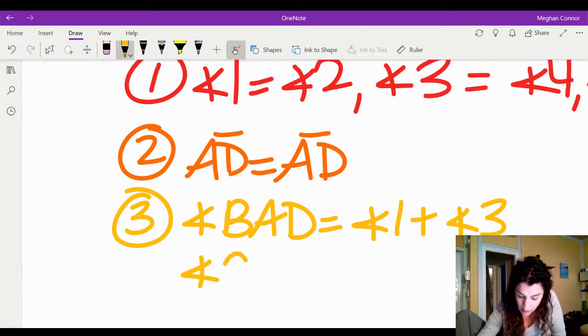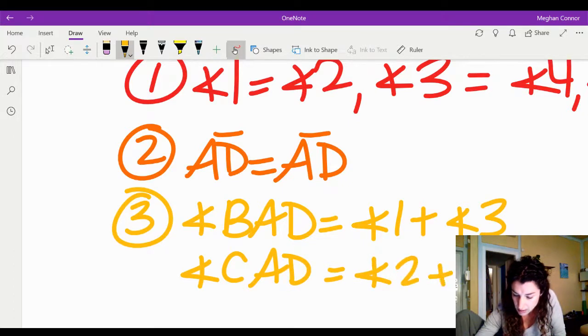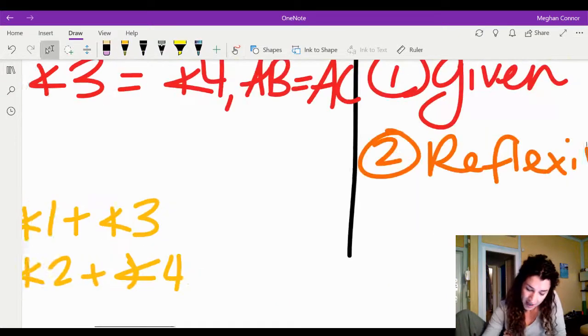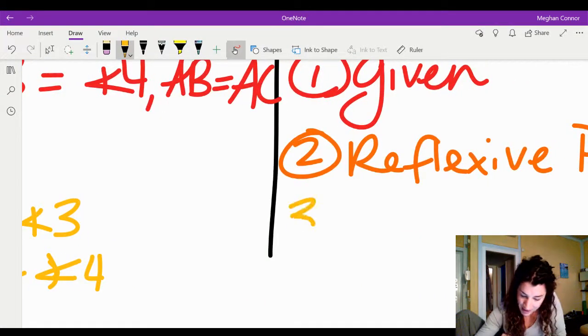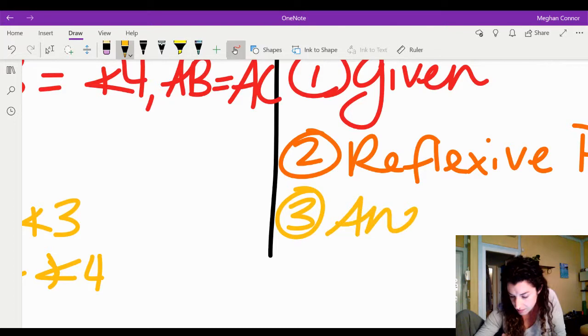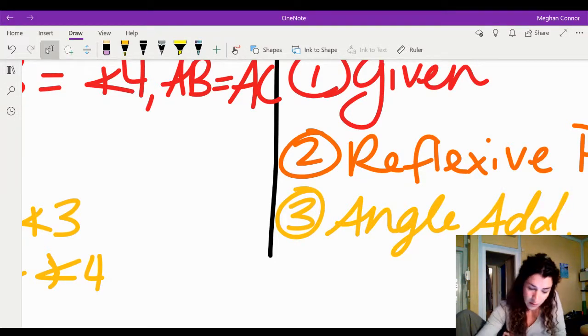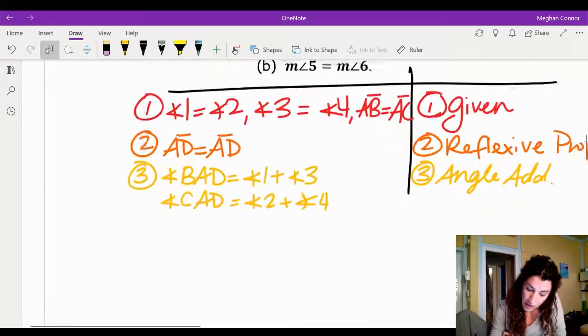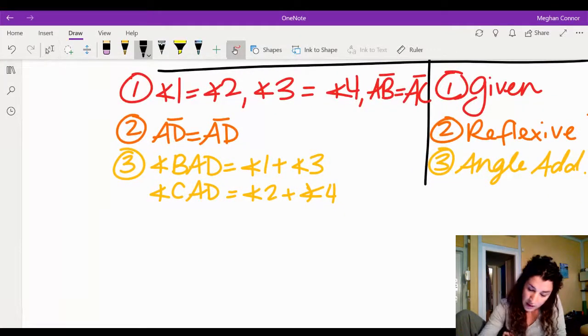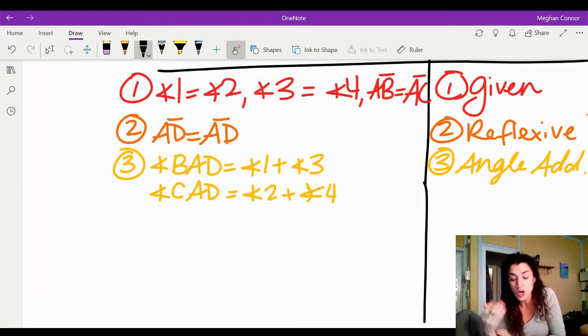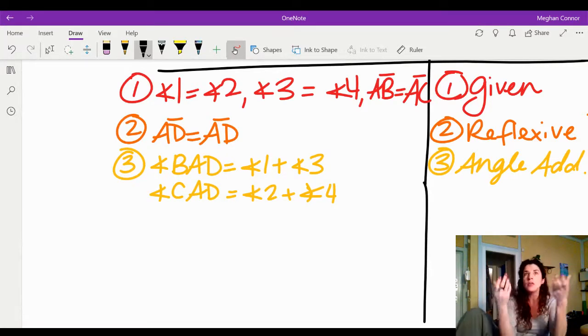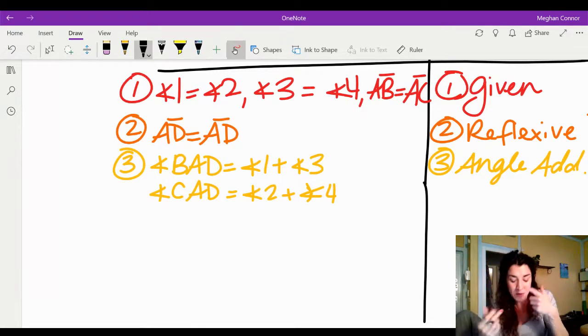And angle CAD is 2 and 4. That is just some good old angle addition. Now I know that I want to prove that BAD and CAD are equal to each other. I know that those pieces are interchangeable. I know that their measurements add up to make them equal, but I need to show it